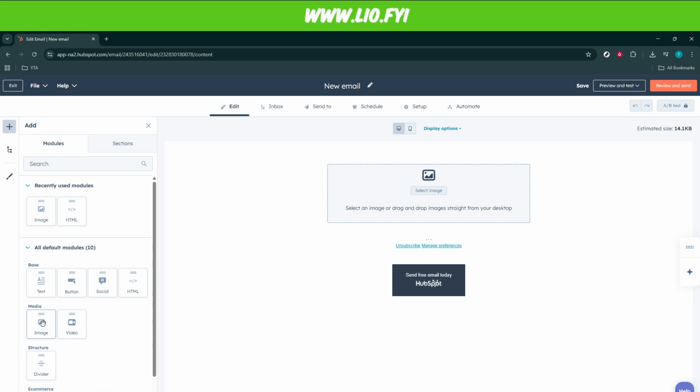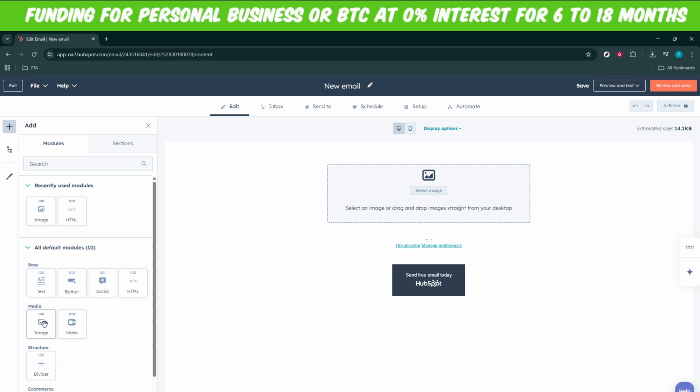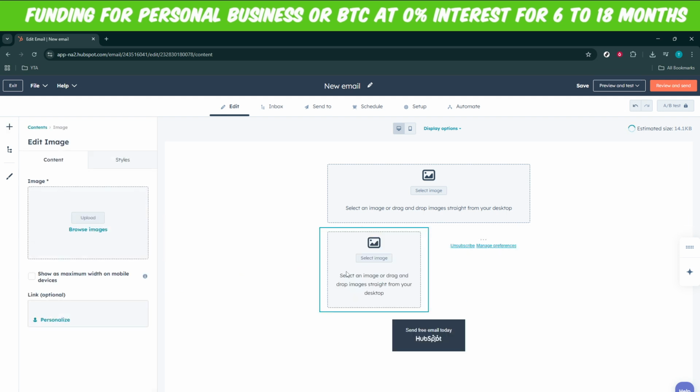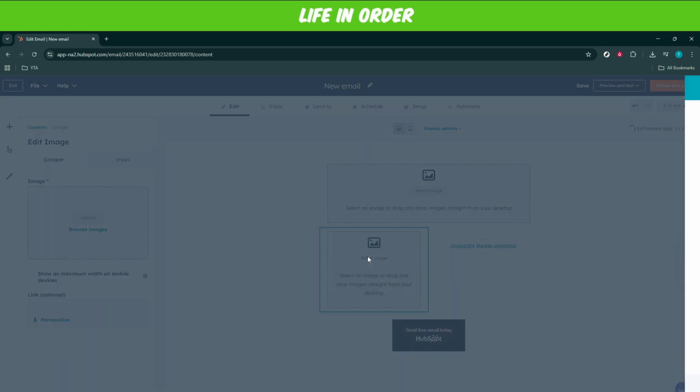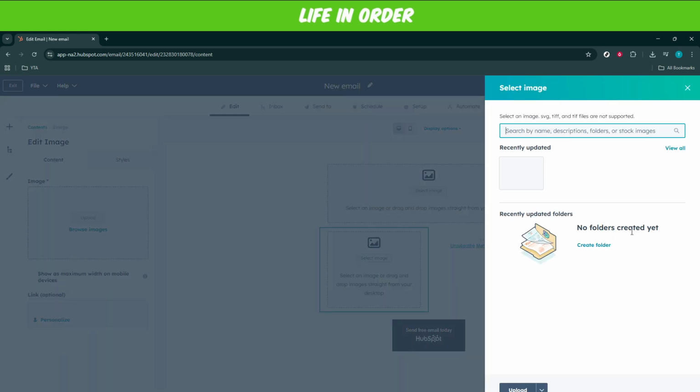What you'll do here is click on the Image button in the toolbar, and then simply drag the image you want into your email layout. Drag and drop functionality is incredibly handy as it allows for a seamless transfer of images without needing to go through extra steps. Make sure your image is ready to use, preferably a high-quality one that's appropriate for your audience